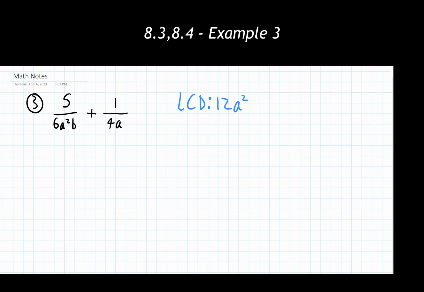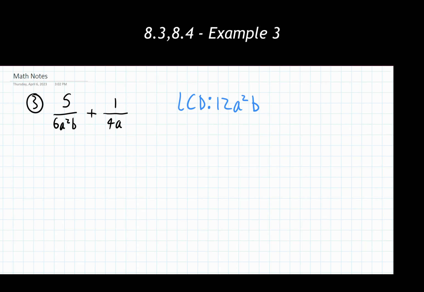And then looking at the b's, I have a b in the first one and I have no b in the second one. So the smallest thing they can both multiply into is going to be a b. Now I have seen some people choose b, they'll put an invisible 1 here to represent that b. If you'd like to do that, you can. I would advise a little bit of caution with writing more things into the denominator spot than necessary, but if it helps you get to that lowest common denominator, then that works fine. So we have our lowest common denominator here.